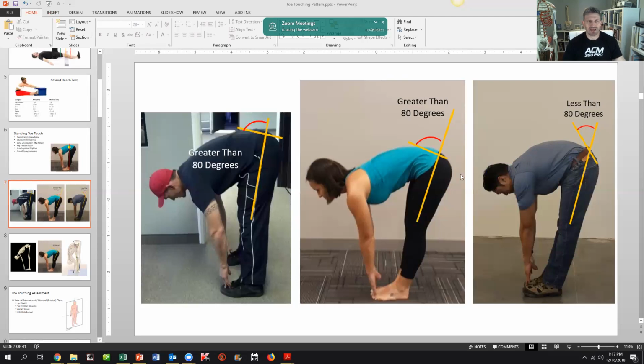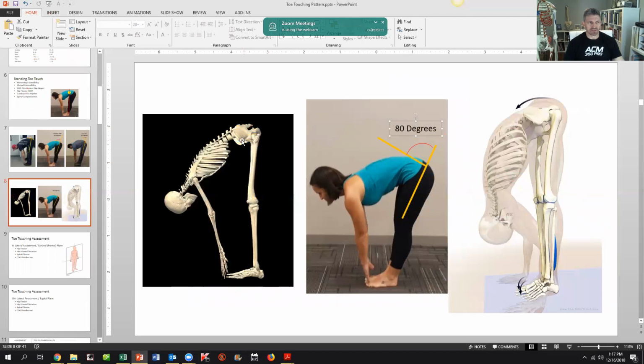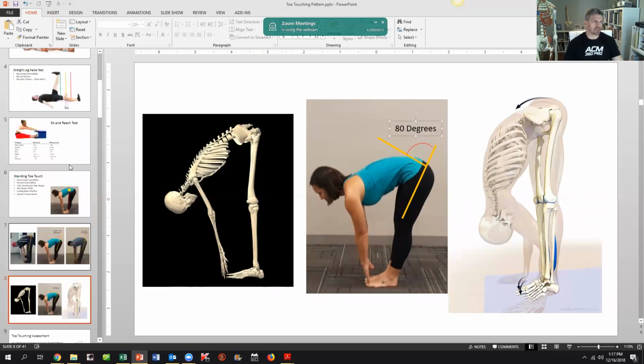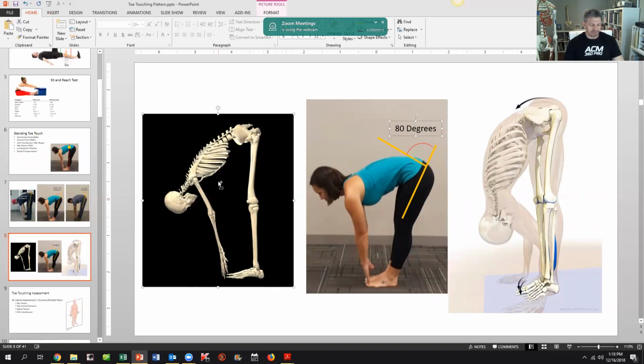We'll look at that a little closer, but this is kind of how we look at the sagittal view of the toe touch from the side view, what would jump out at first to look at. This is just an illustration of skeletal imaging. You can see the sacrum here. Obviously, that's almost a 90 degree or greater than 90 degree angle of the femur to the sacrum. But like I mentioned before, let me just show you this. If I take this line, we put it in this image,